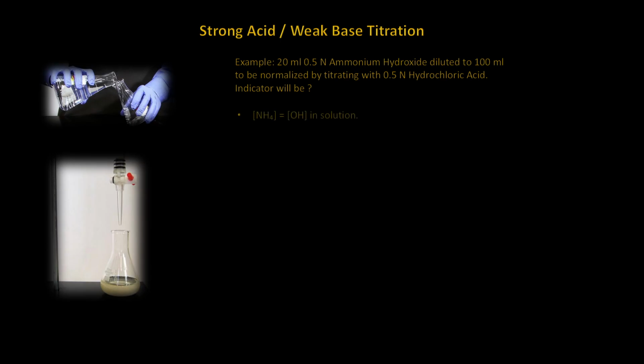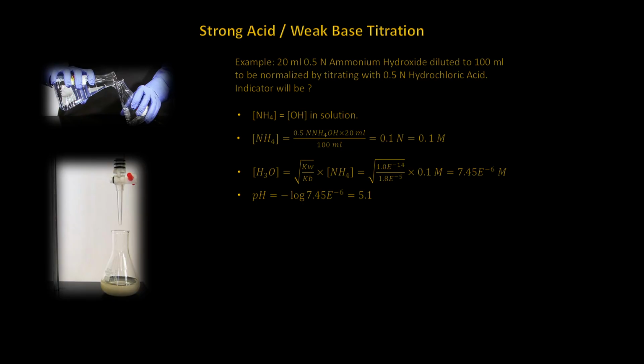First, the molarity of the ammonium hydroxide needs to be known. Since 0.5 normal ammonium hydroxide was diluted to 100 milliliters, the dilution calculation shown gives us a value of 0.1 molar, which is equal to 0.01 normal ammonium hydroxide. The molarity of the hydronium, therefore, as calculated, is 7.45 times 10 to the minus 6, and the pH is equal to 5.1. The methyl red was chosen to be the indicator, and a few drops is added to the